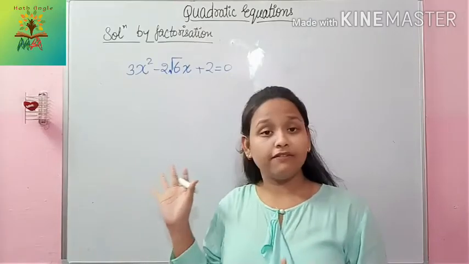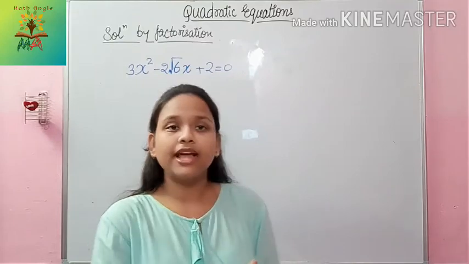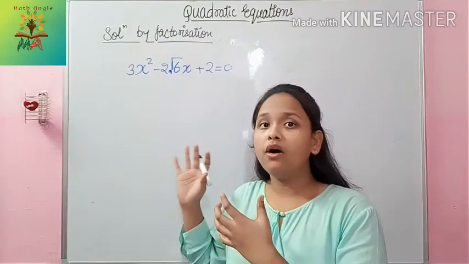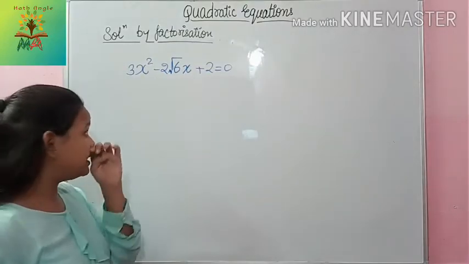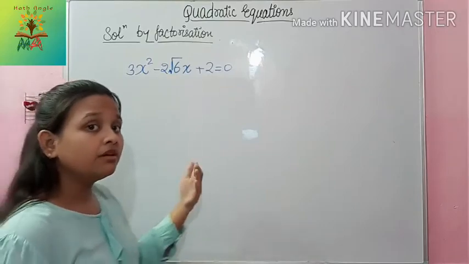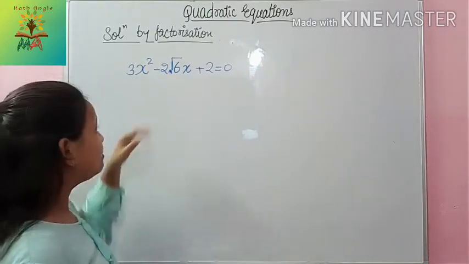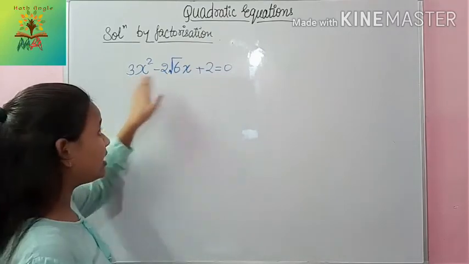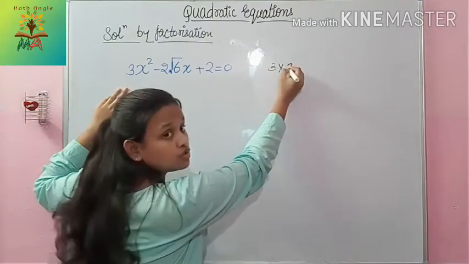Now let's solve another question. We are going to solve so many questions today so that we can have a command on solving quadratic equations, right? So let's look at this question. We will apply the same method to solve this equation. So here I will multiply the coefficient of x square and the constant. So I will get 3 into